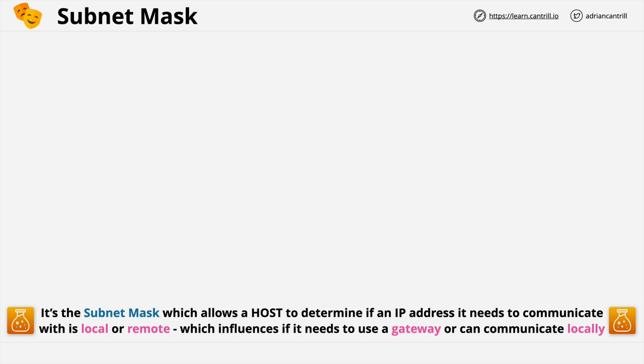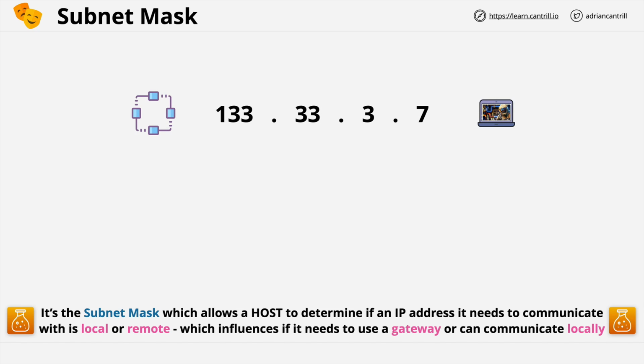So let's say that we have an IP address 133.33.3.7. Now this alone is just a single address. We don't know which part of it is the network and which part of it is the host component. I just finished talking about how IP addresses are actually binary numbers. This IP address in binary is